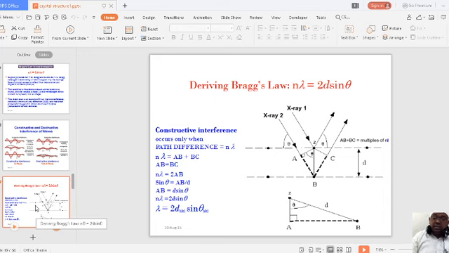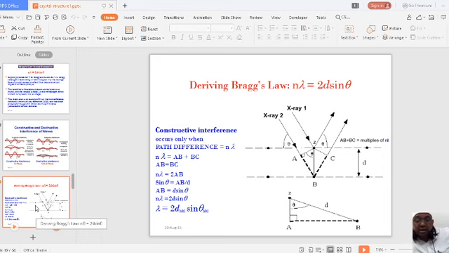Whatever you are taught in physics is concerned with the applications of physics to your core engineering subjects. That is the reason that before going for the application, you need to understand some basic concepts and basic laws which govern the technology, which is directly related to the application of the science. So we need to understand again what you have already read, the information regarding Bragg's equation.